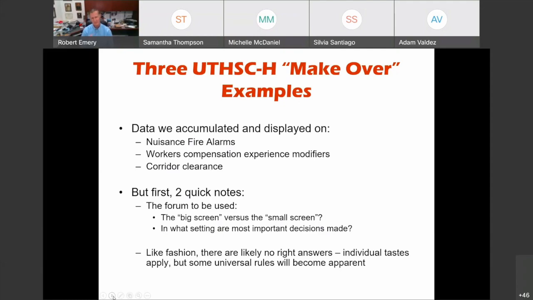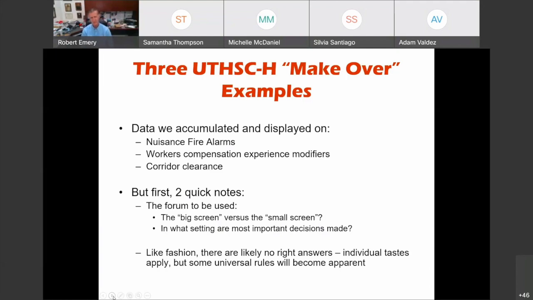So the neat thing about this class that we're doing right now is that you're going to be able to see the granularity of the graphics as they're redone because you're going to be able to see the small print as though it were printed on a piece of paper. So again, if I were giving this presentation in a large room and it's projected up on the screen, there will be people who say, wait a minute, I can't read that font, that's too small. Yeah, it wasn't intended to be projected. It was intended to be printed on a piece of paper and then handed to your boss.